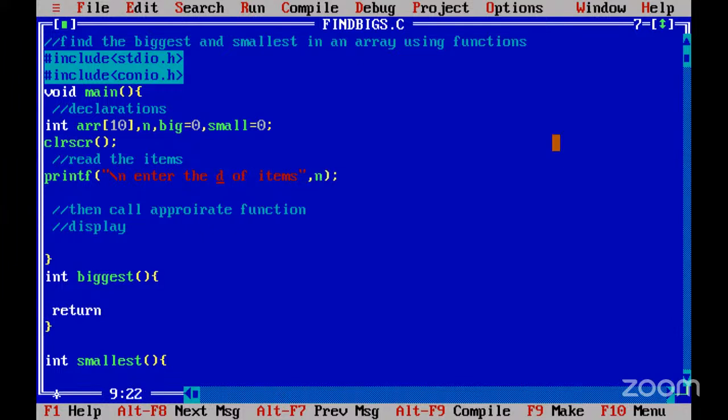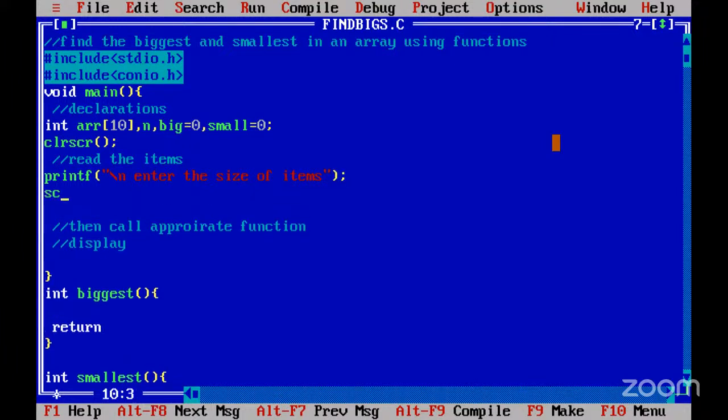So we have to read the items first, right? So size of the items. Size of items. So the limit you have to read. First you have to scan. Scanf. First you are writing the logic to read the items. Ampersand. Okay, yeah. So we are reading the